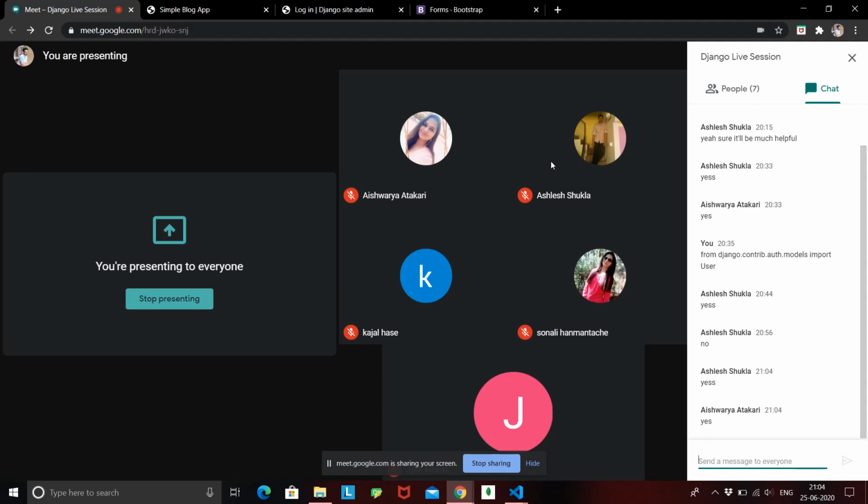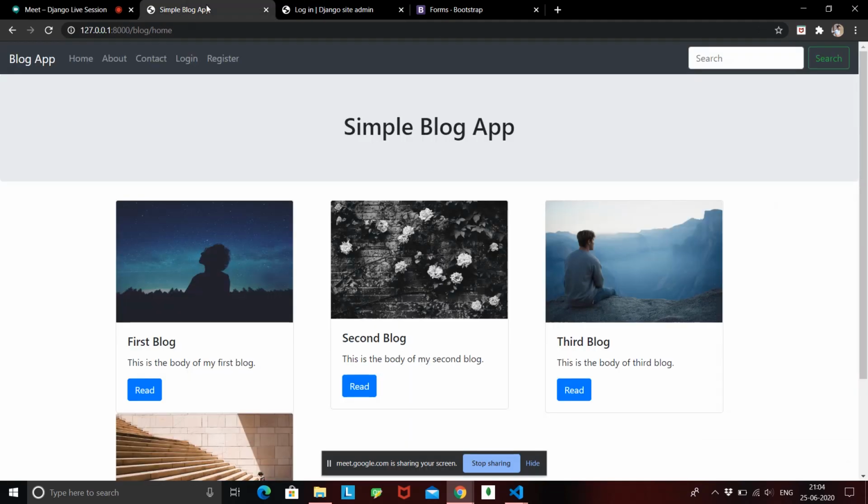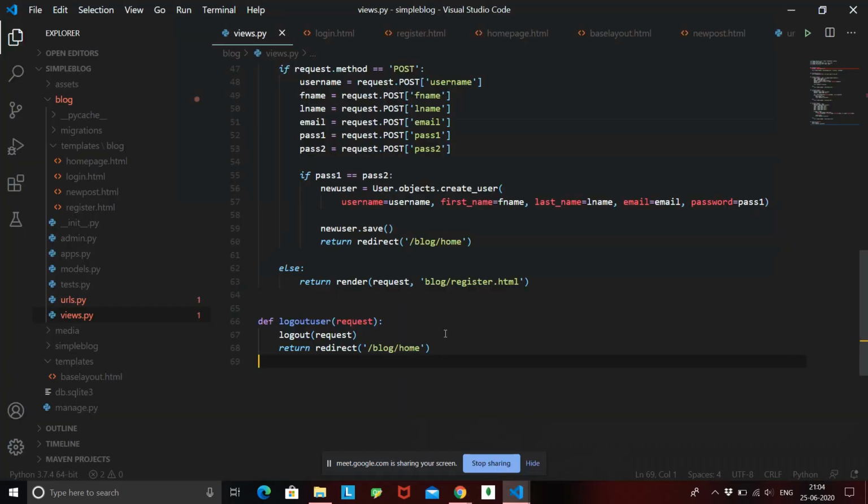Let's quickly revise what we did in today's session, because I think it is not a very complicated process. If you have understood the process of creating new blogs through the input form, creating new users is very easy. You don't have to create an explicit user model. Django already has the user model. You don't have to write the function for login or for logout. Django already provides user authentication. It provides the function to create a user, to log in the user and to log out the user. All you need to do is import the correct packages from the correct place.